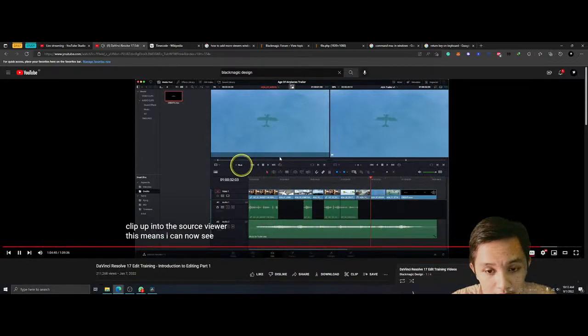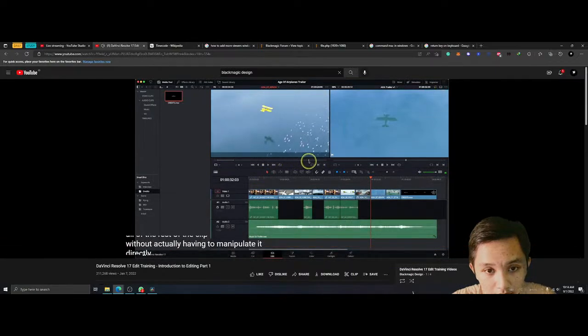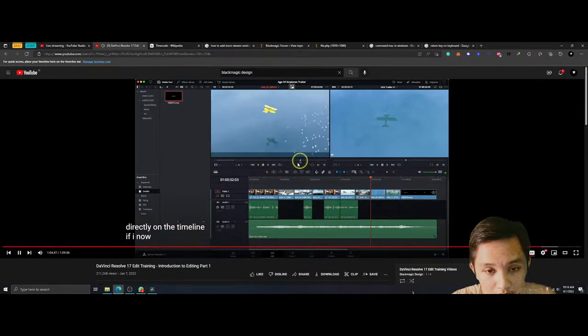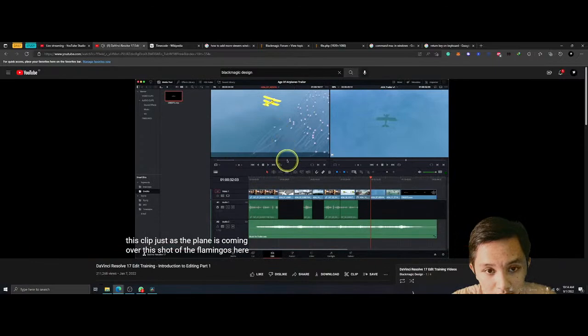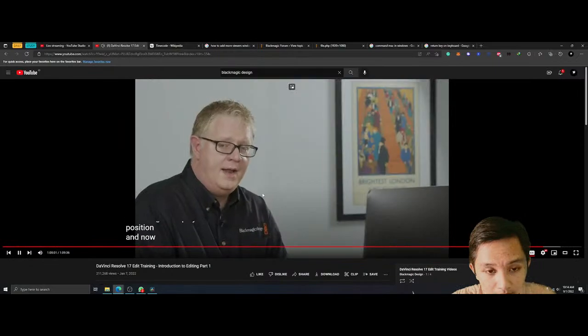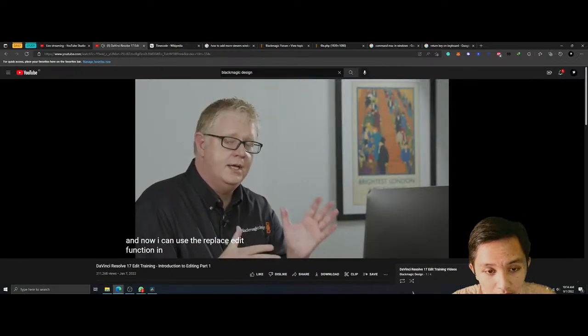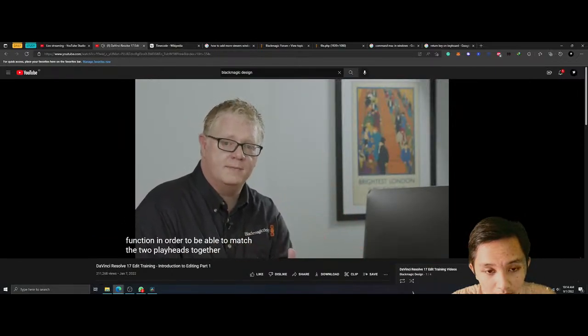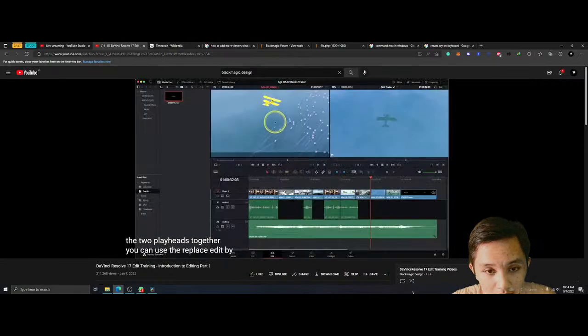This actually brings the original source clip up into the source viewer. This means I can now see all of the rest of the clip without actually having to manipulate it directly on the timeline. If I now choose a new starting frame for this clip, just as the plane is coming over this shot of the flamingos here, I've now got the playhead in the correct position. And now I can use the replace edit function in order to be able to match the two playheads together. You can use the replace edit by simply dragging the clip over the timeline viewer to the replace edit overlay,